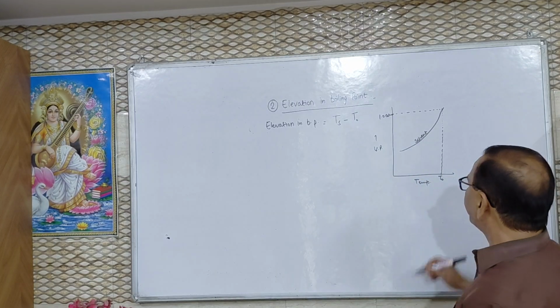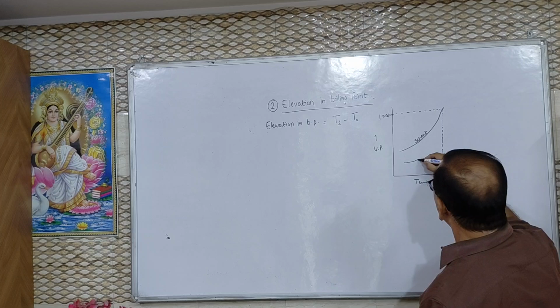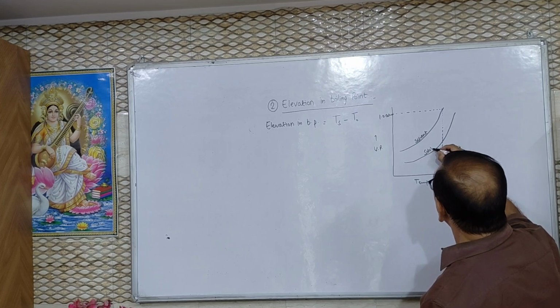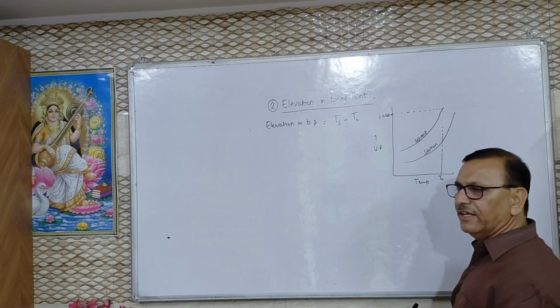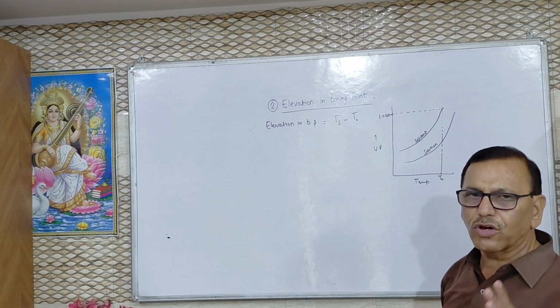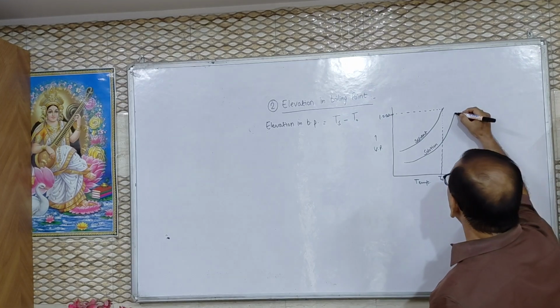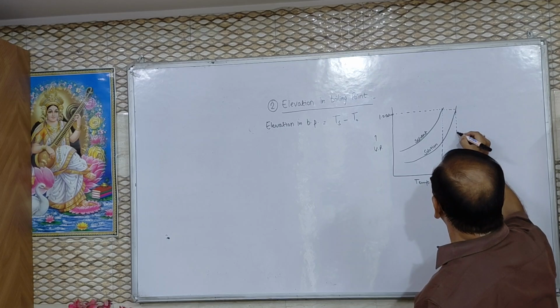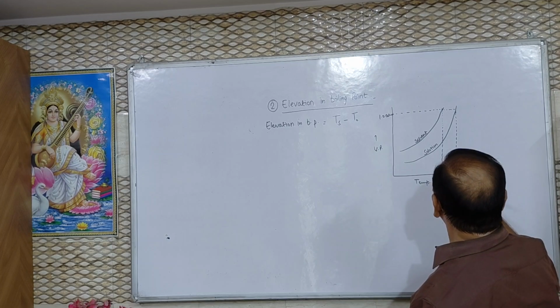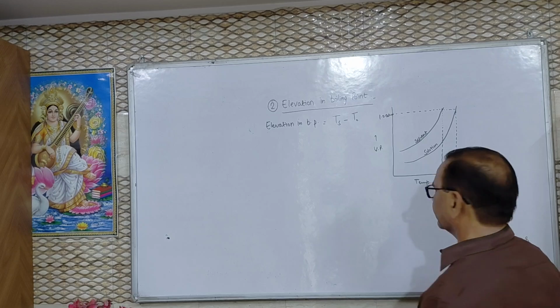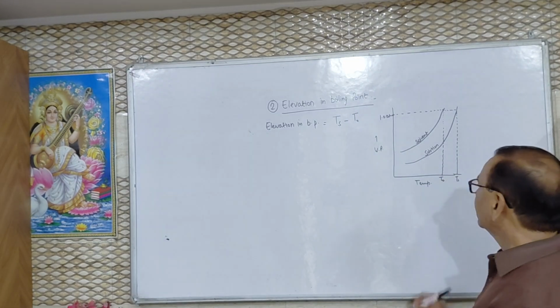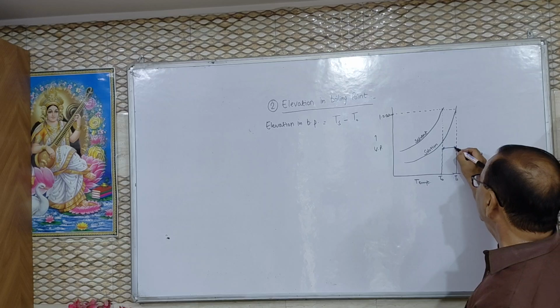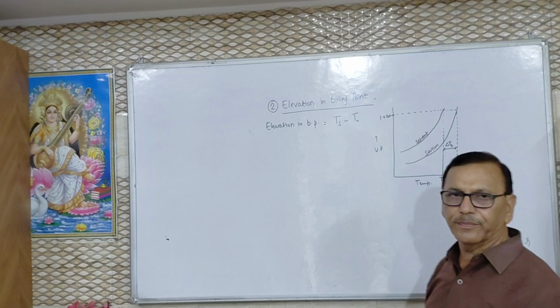And the vapor pressure curve of a solution containing non-volatile solute is always less than vapor pressure of pure solvent. When its vapor pressure becomes equal to atmospheric pressure, it will start boiling and its corresponding temperature is Ts. The difference between these two temperatures is called elevation in boiling point.